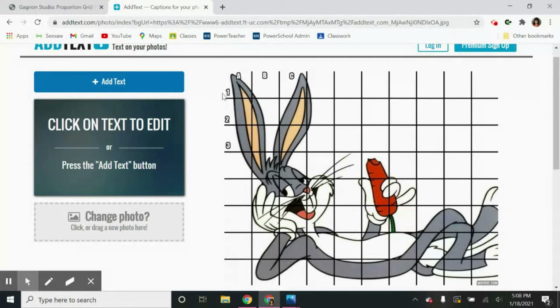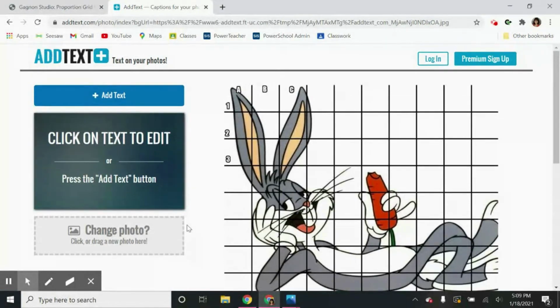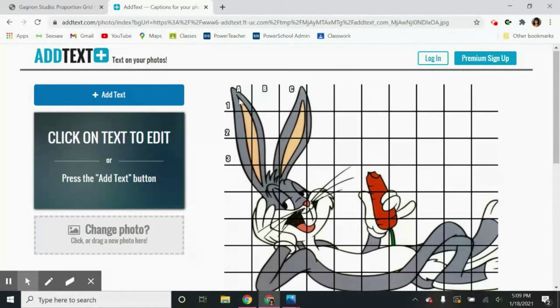So this top corner is A1, then A2, A3, and then once you get to the next column, the B column, then you have B1, B2, B3, and then the next column would be C1, C2, C3, and so on. So you'd go all the way across the longer side of your picture with the letters going from A through J, and then on the shorter side of your picture, you'd go all the way down with the numbers going